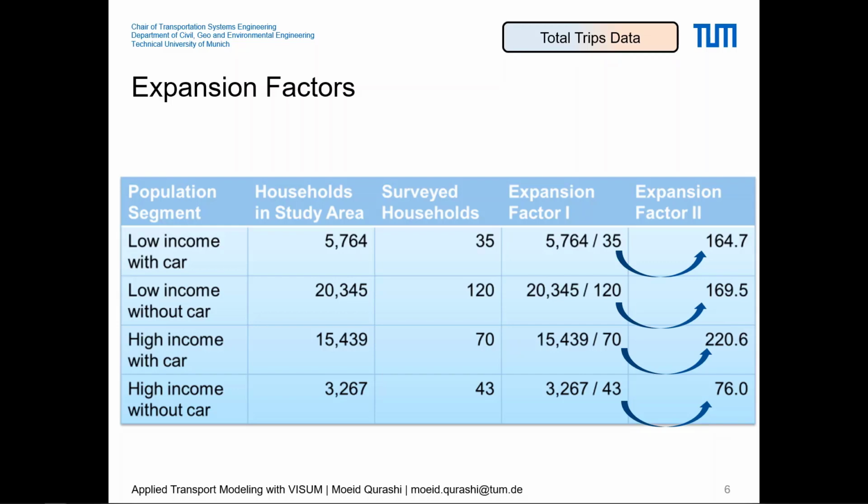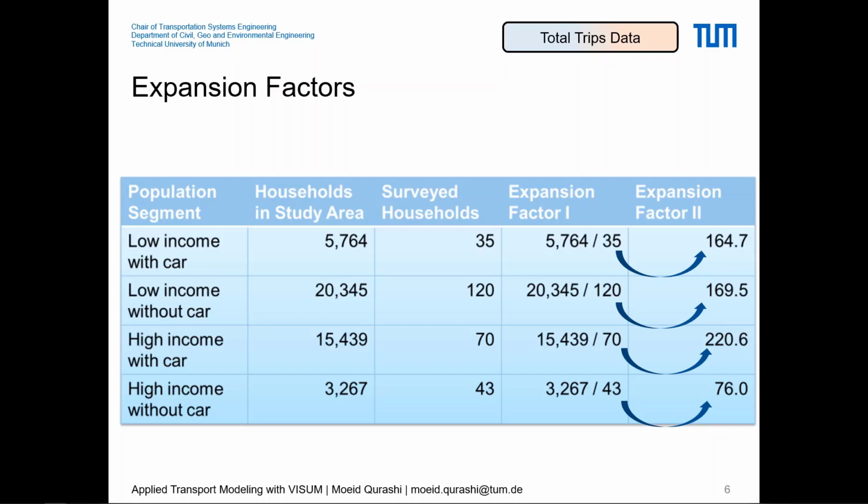The major point to take out from here is that we are dividing the population into different segments, because when you do survey data, you will have more detailed groups by income, by household size, by car ownership, by all other attributes. And statistically, when you do surveys, it's very important that when you're dividing something by a group, you should have sufficient surveys for each type of group to get statistically significant